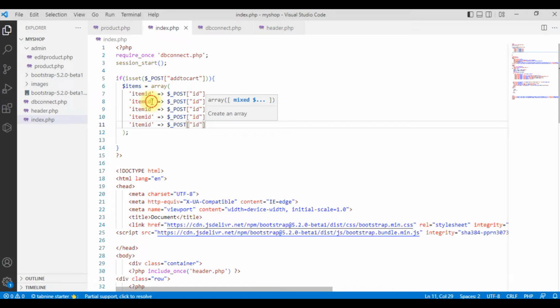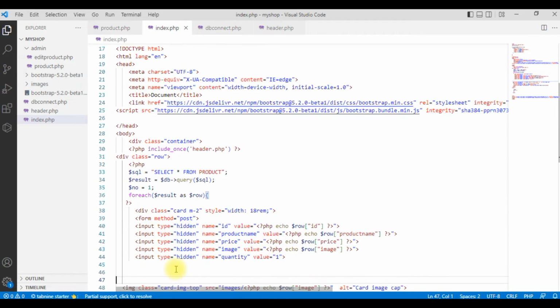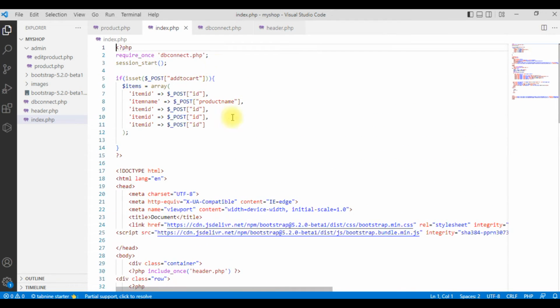So item ID, then item name, that will stand for the product name. So this will be product name, because from our hidden form it is product name. All this is what we are grabbing now. Product name, price, image, and all that. So we're going to have product name, then item price to be whatever is coming from the post price,